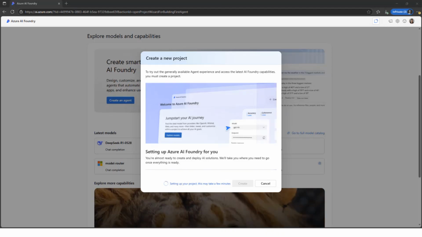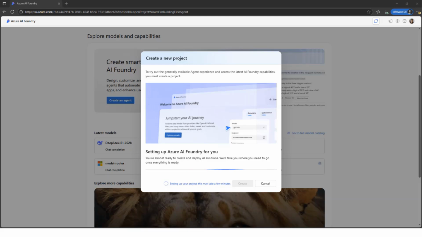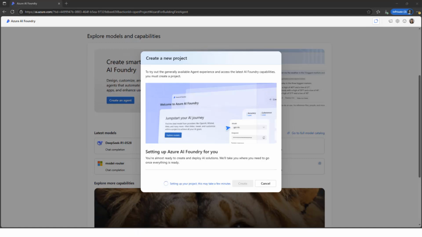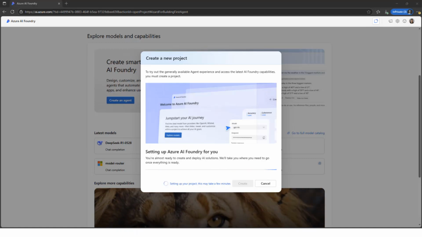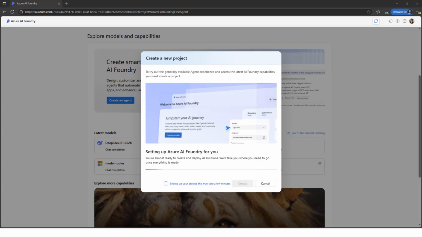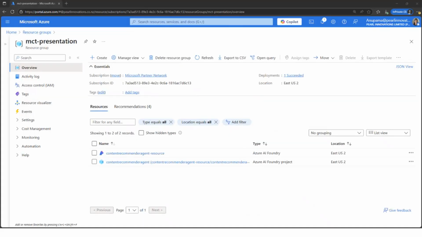This is really a straightforward thing. You don't need to do much with this. If you have any questions about creating the agents, you'll be able to do that without any issues. I'll wait for this, and as it says, it will take a few minutes for the project to be created. So just being conscious of the time, I already created a project for our presentation. I'll quickly jump on to that